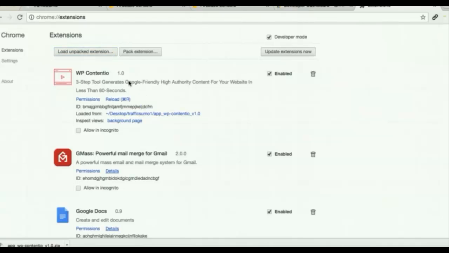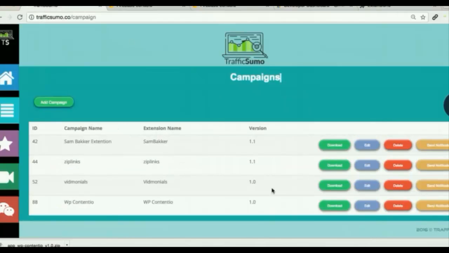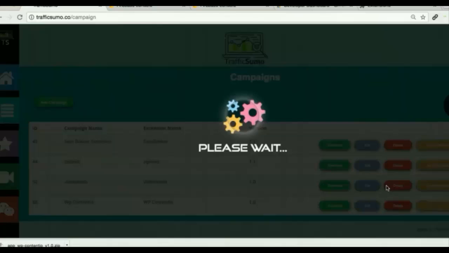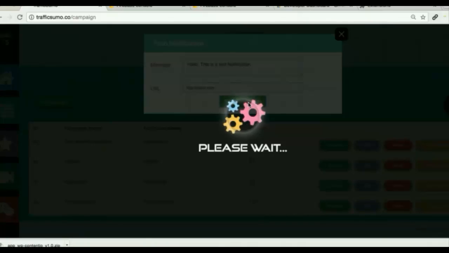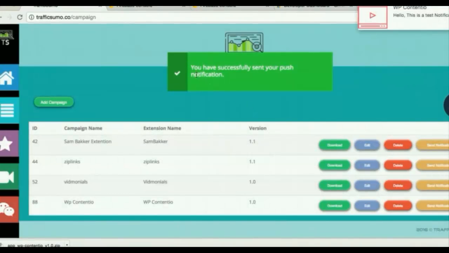Now we are going to test if this extension is receiving the notifications or not. So I'm going to send a test notification to see if things are working properly. So let me just send a notification. It is a test notification, and this is going to be the link where users are going to be redirected when they click that particular notification. So I'm sending this notification, and you can see that